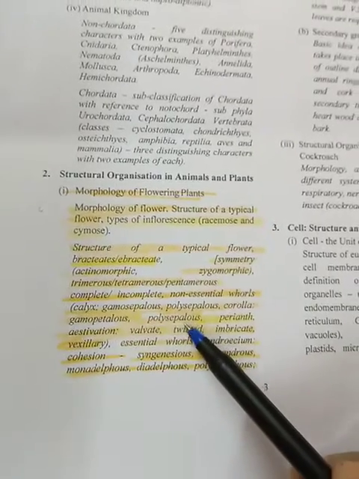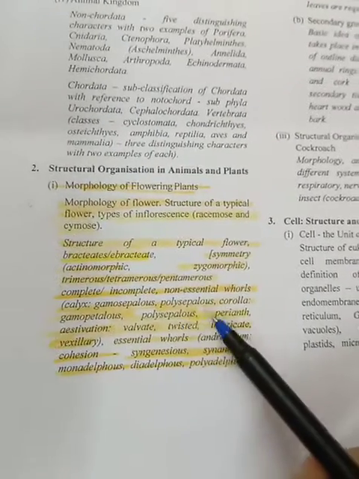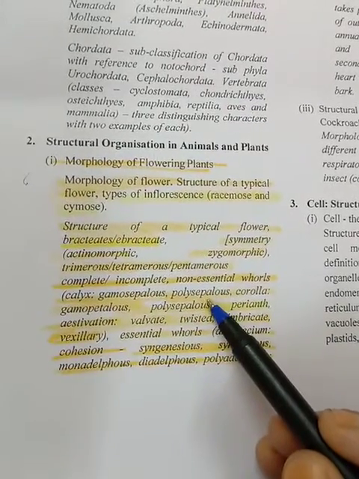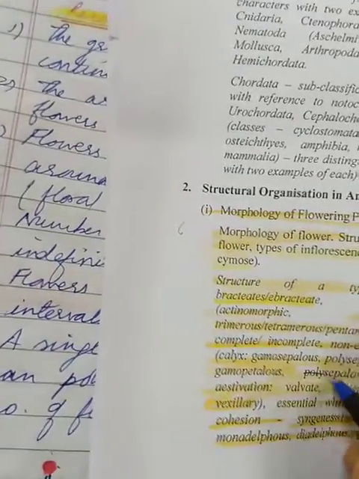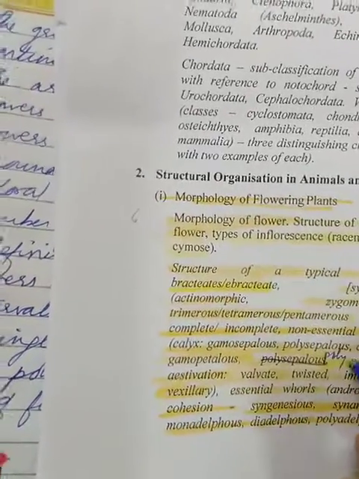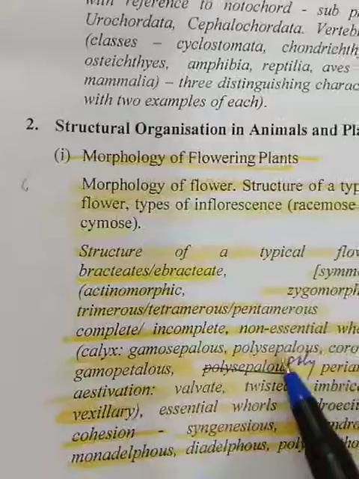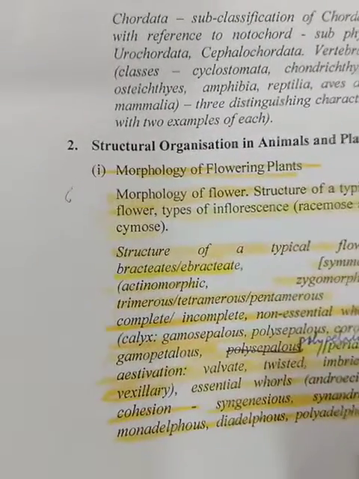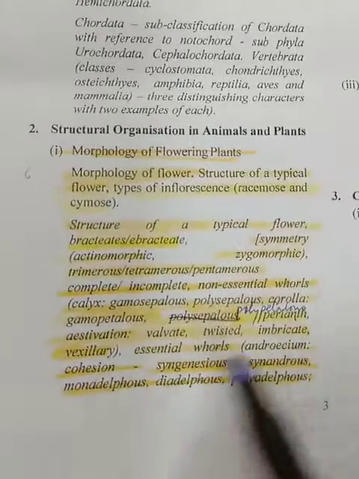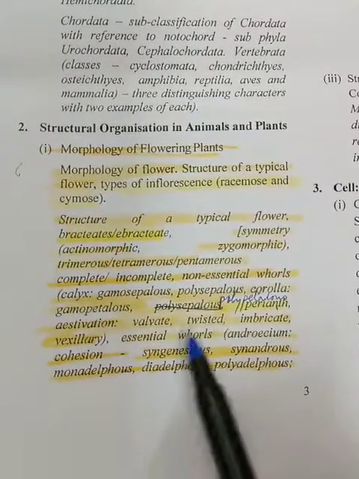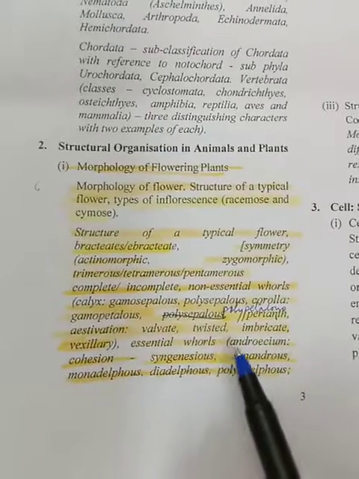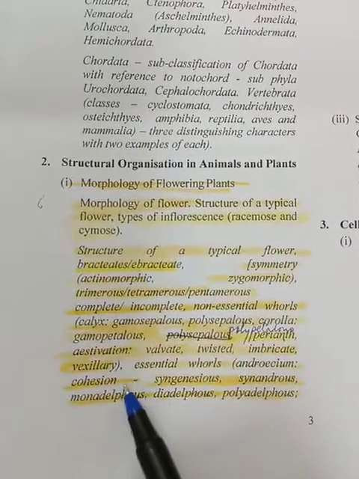and polypetalous. Polysepalous. This is a misprint, children. It should be polypetalous. This is a misprint, repeated just now, as you can see. This will be polypetalous. Next is perianth, estivation, valvate, twisted, imbricate, vexillary, essential whorls, androecium, cohesion,